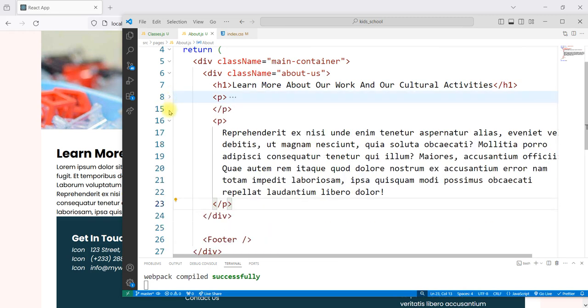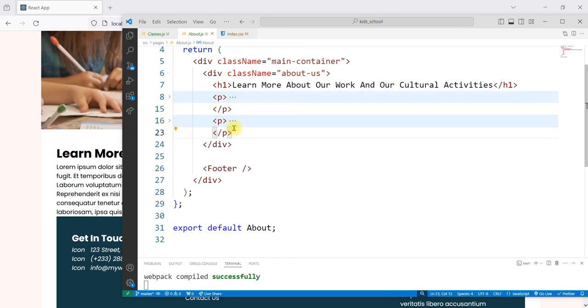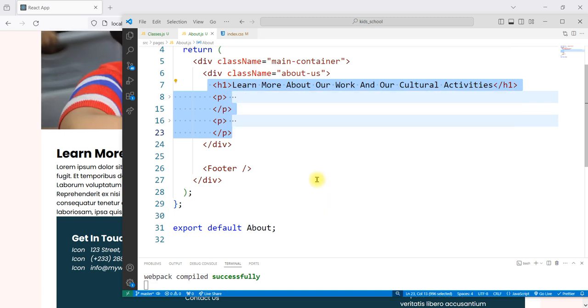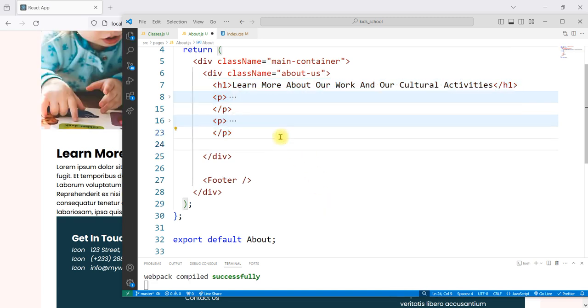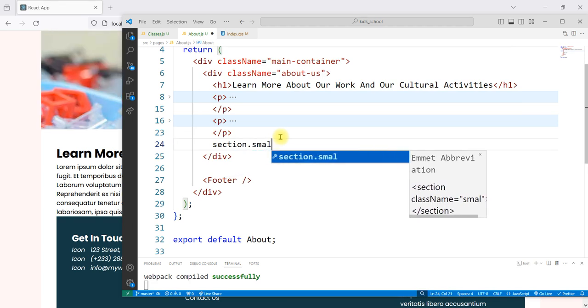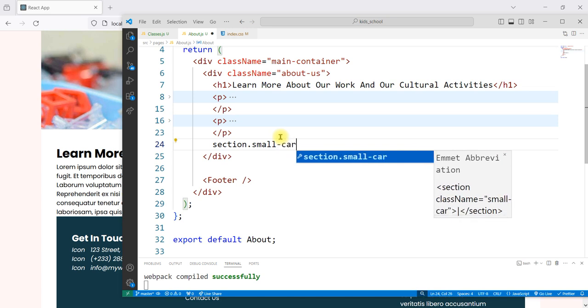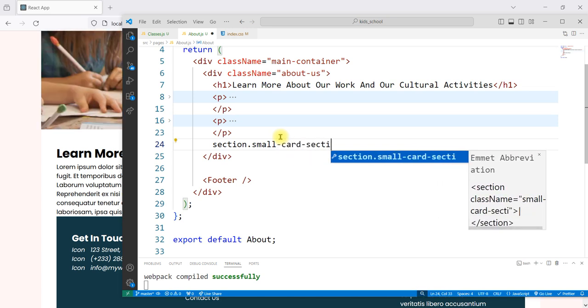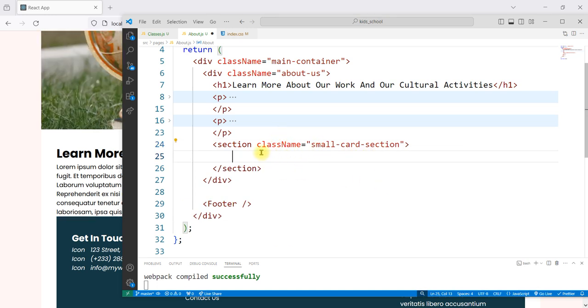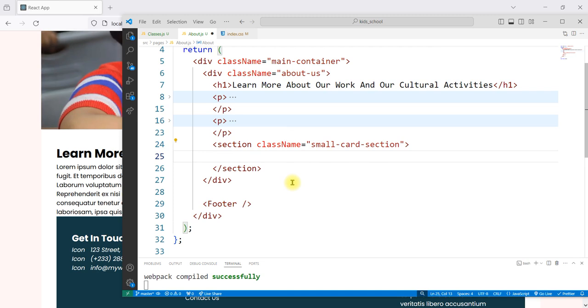So I can now collapse that and collapse this. Okay, so I have those 2 paragraphs in our main div. So h1, this and that. Then we have a section with a class. So section dot small-card-section, then I'll tab. Okay, so we've created a section with a class name called small-card-section, and then this section will